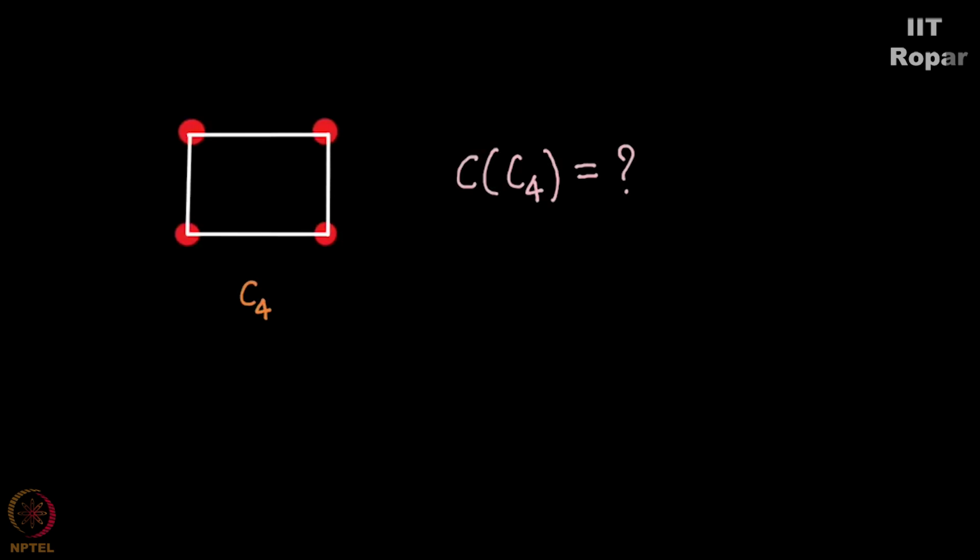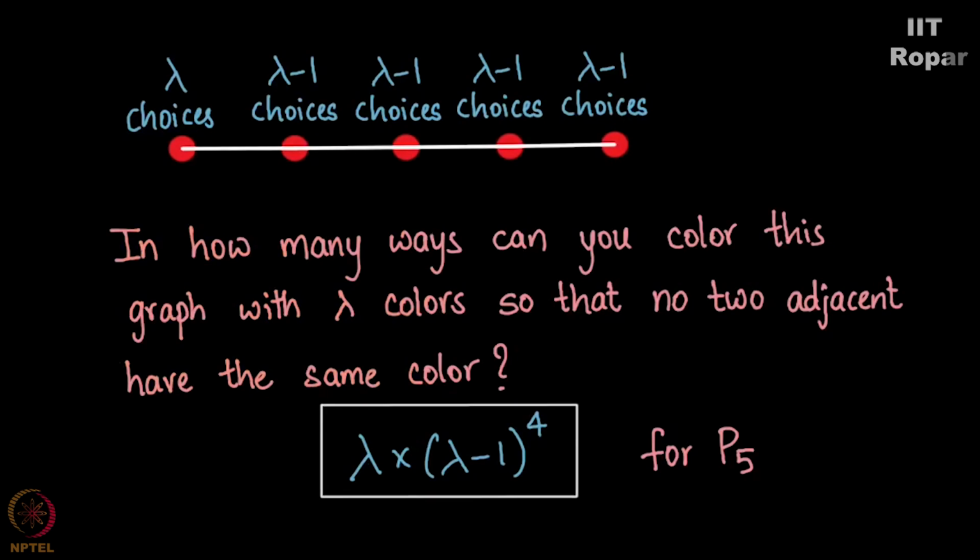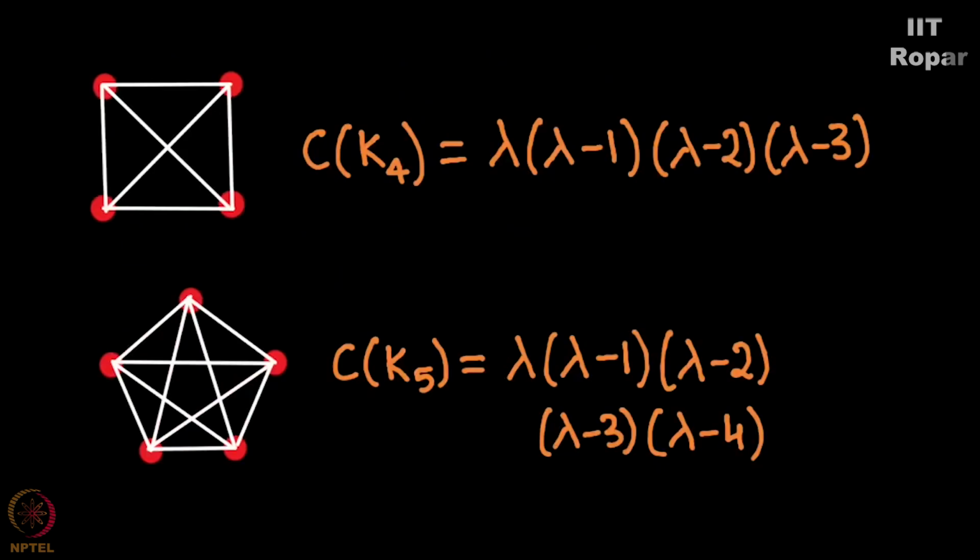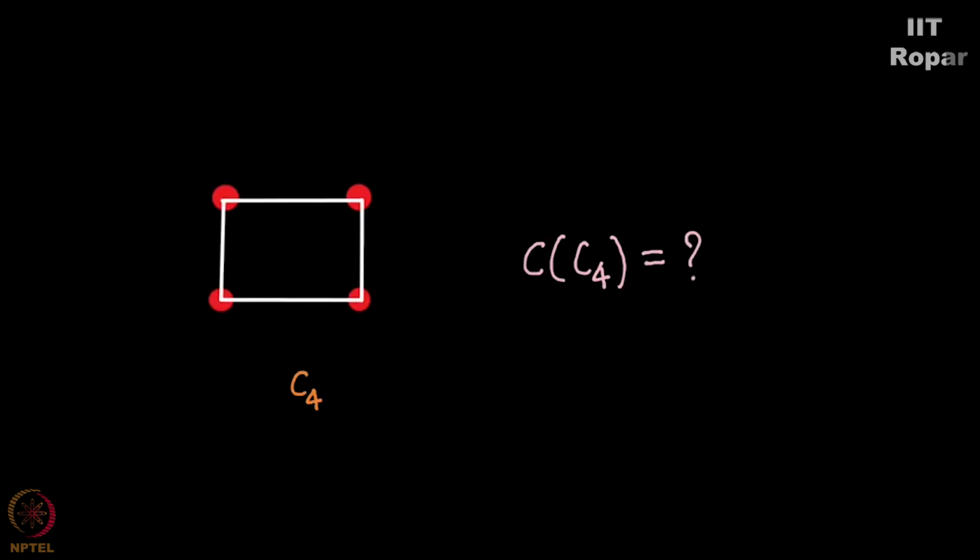Okay, so if you have solved the problem, I didn't mean to discourage you, but you are mostly wrong. Because this problem is not as straightforward as the problem for a path or the chromatic polynomial that we found out in the previous video for a complete graph. This problem is slightly different. Not only is it slightly different, it will confuse you to a state that you will end up solving it, but your answer will be incorrect. I'll tell you what I'm trying to point out.